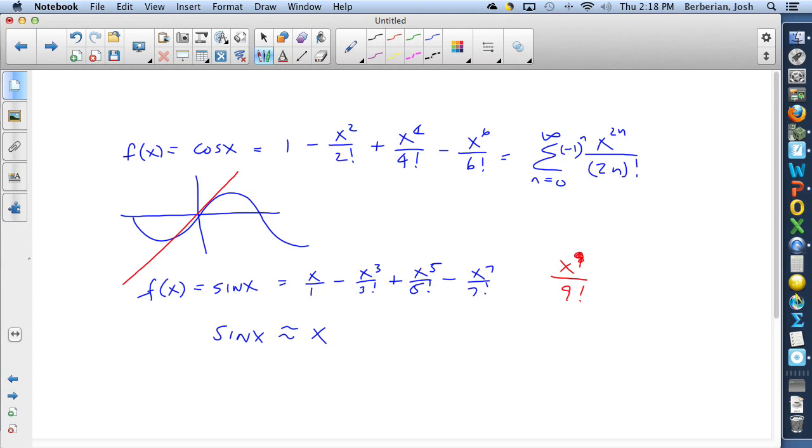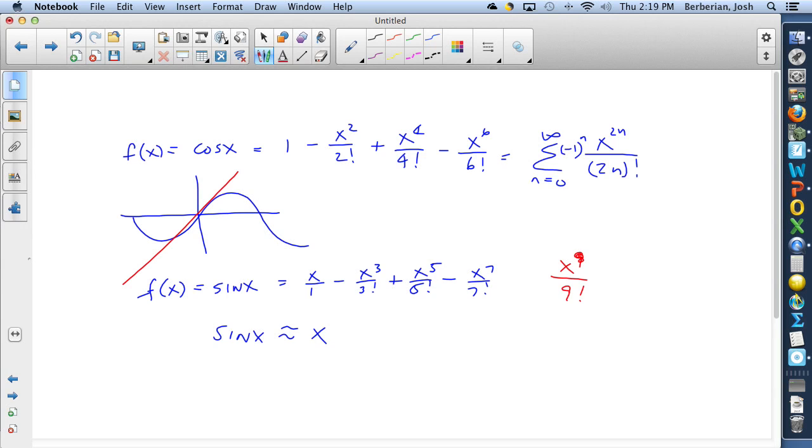However, this gets a little confusing because we're never going to ask you the question, how good is this approximation at the x value that we're centered on? We're never going to say, hey, how good is this approximation at 0? Because this approximation at 0 is perfect. It's perfect with a first degree approximation. Sine of 0 equals 0. We're going to ask,